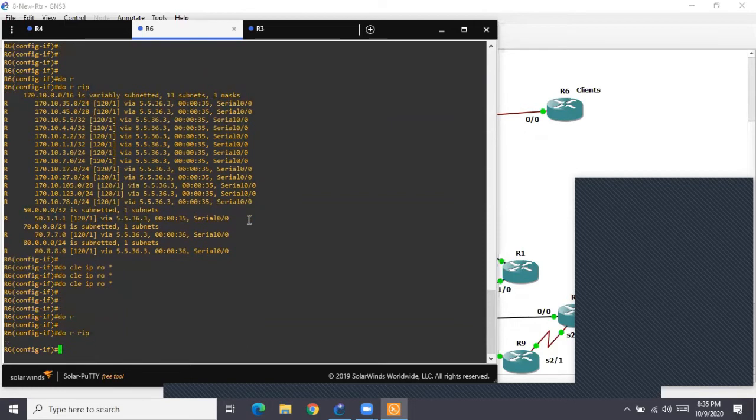What do we find? Nothing. There is no route now. That doesn't mean that R3 is not sending the routes. R3 is still sending the updates, but now R6 is not going to accept the updates. Why? Because now R6 is expecting authentication. That means with the update, R6 is expecting what? The key. The key must come. What is the key I have kept?